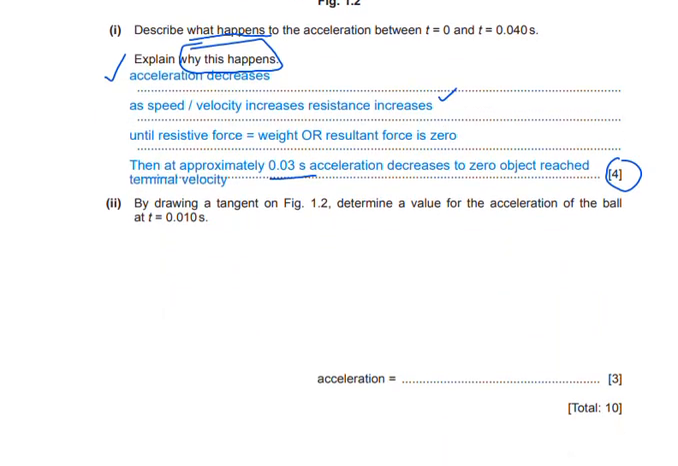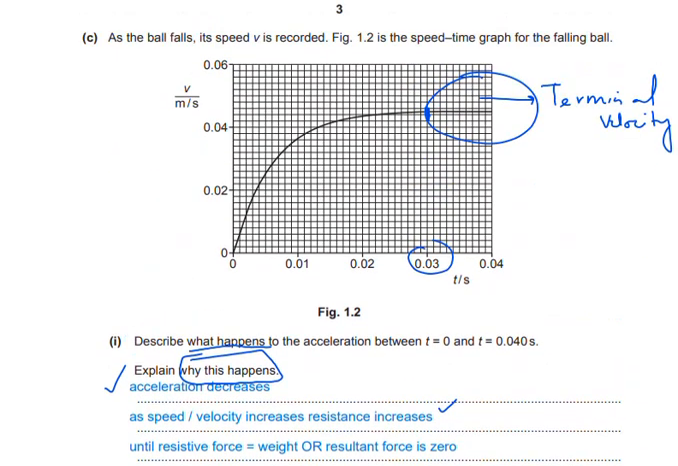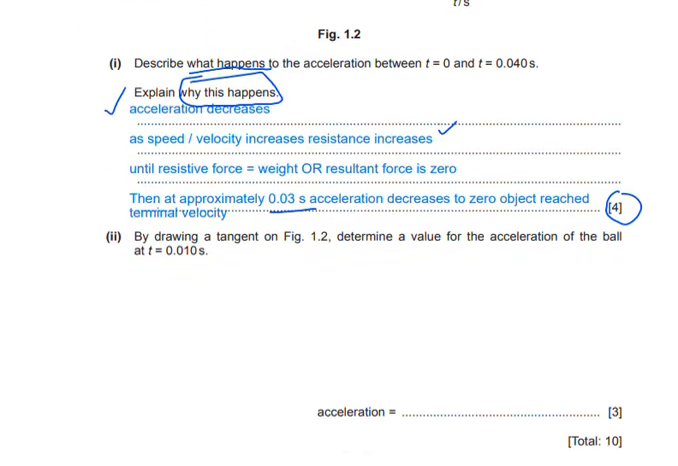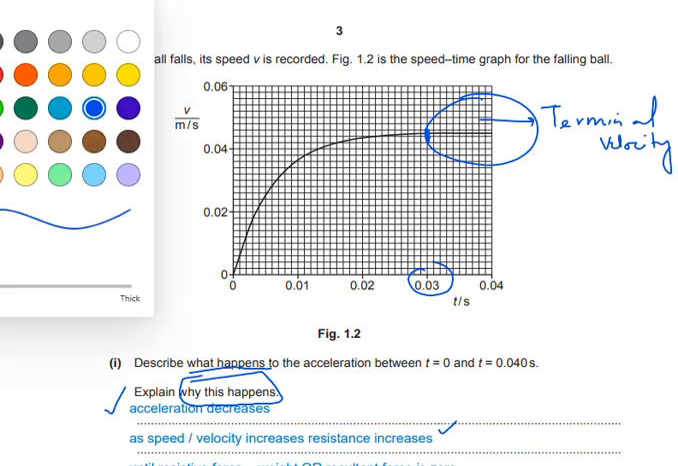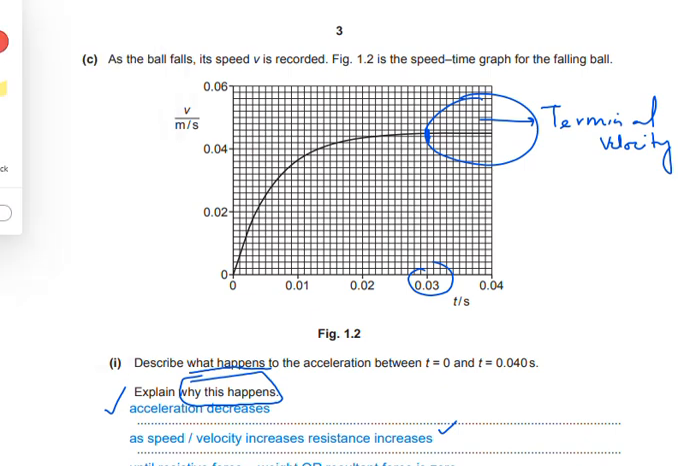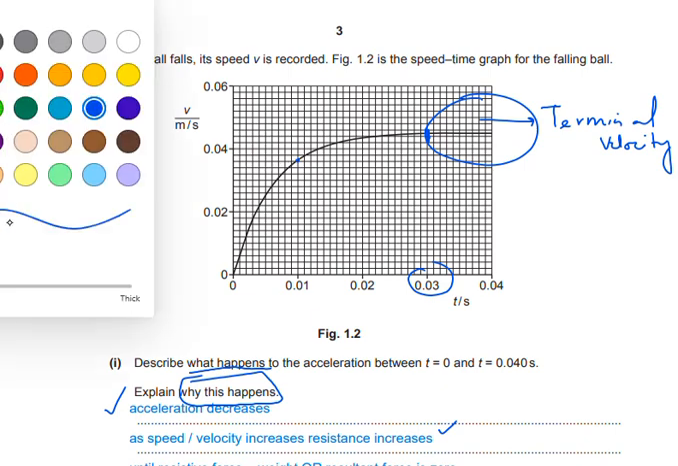By drawing a tangent on figure 1.2, determine a value for the acceleration of the ball at t equal to 0.010 seconds. Okay, so the question is for 3 marks, and it says draw a tangent on the figure at 0.010. First of all, locate this point, right? So you need to locate this point first of all here, like this is the point. Okay, right? So what we need to do,